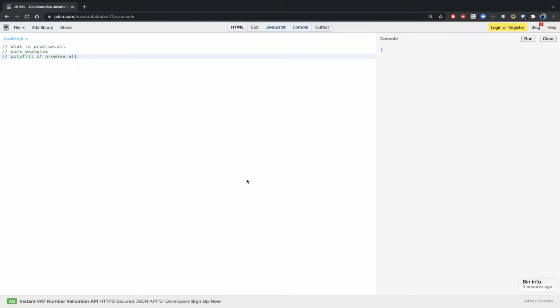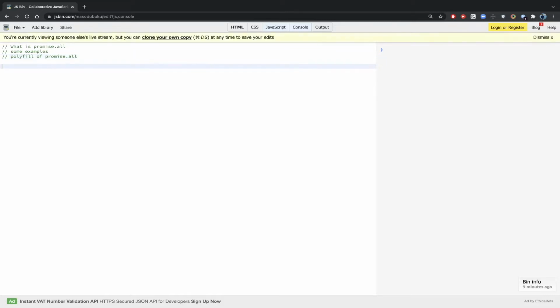If it sees some promise getting rejected, it will immediately return a value. But otherwise, if all of the promises work fine, then it will return an array. The result will also be an array, which will have the result of each of the promises which we provided earlier. So we'll try to understand it with some examples.